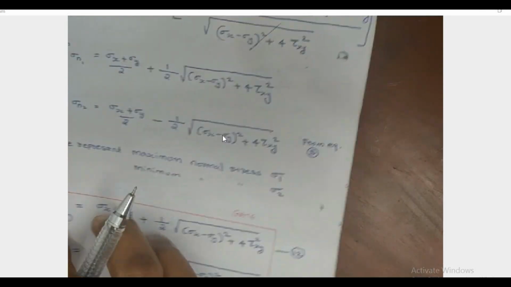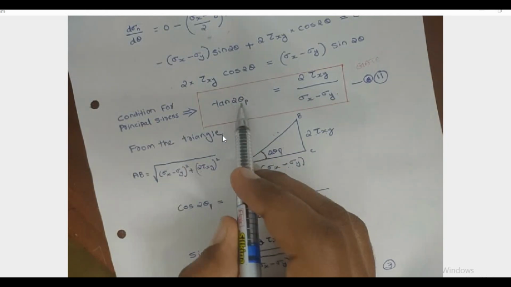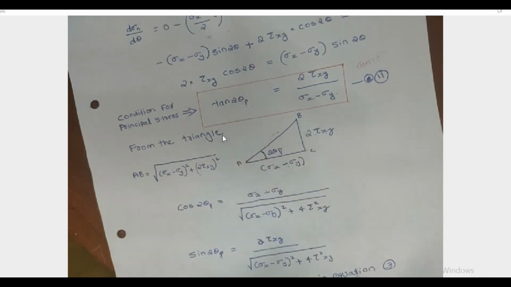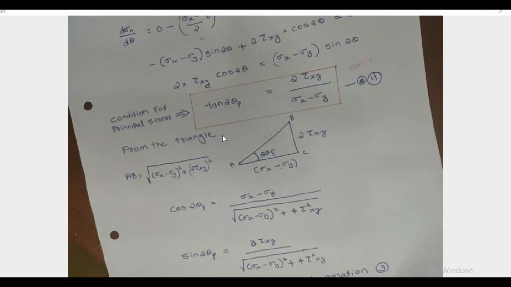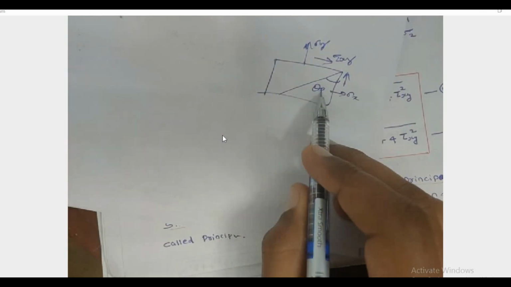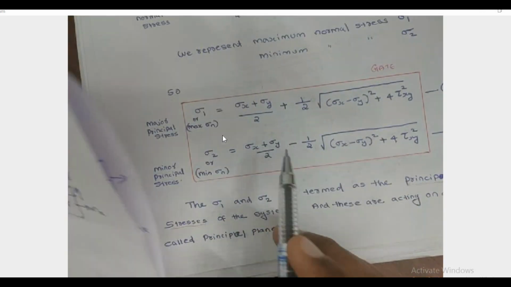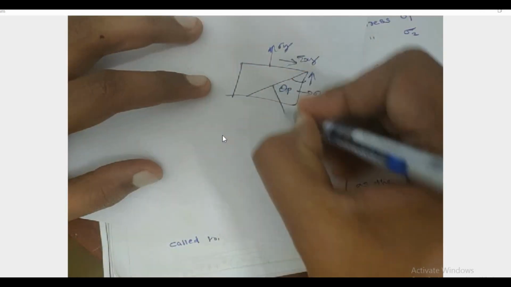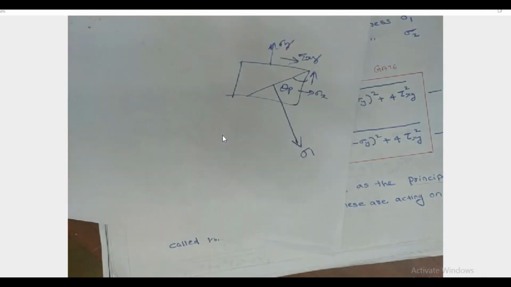So using this formula, we can calculate theta p. This is the formula to find the location of the principal planes, theta p. And using these two formulas, we can calculate the principal stress sigma 1, that is the first principal stress,